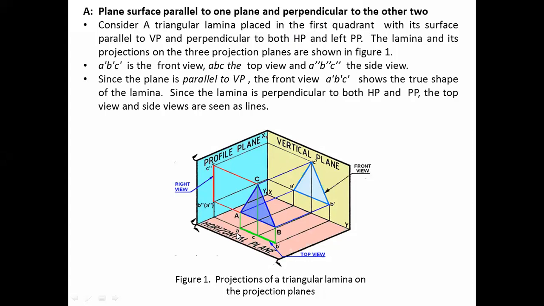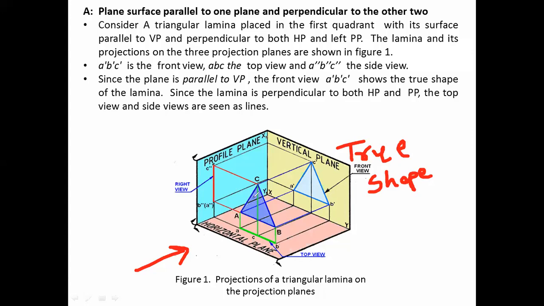Fine. Now what we have discussed by demonstration, the same thing is here. If this is your front view, I will draw an arrow. You are looking at it from this direction. Your shape is parallel to the vertical plane. So the projection on that plane will be which kind of projection? True shape. Here we are talking about shape. Fine. Correct.